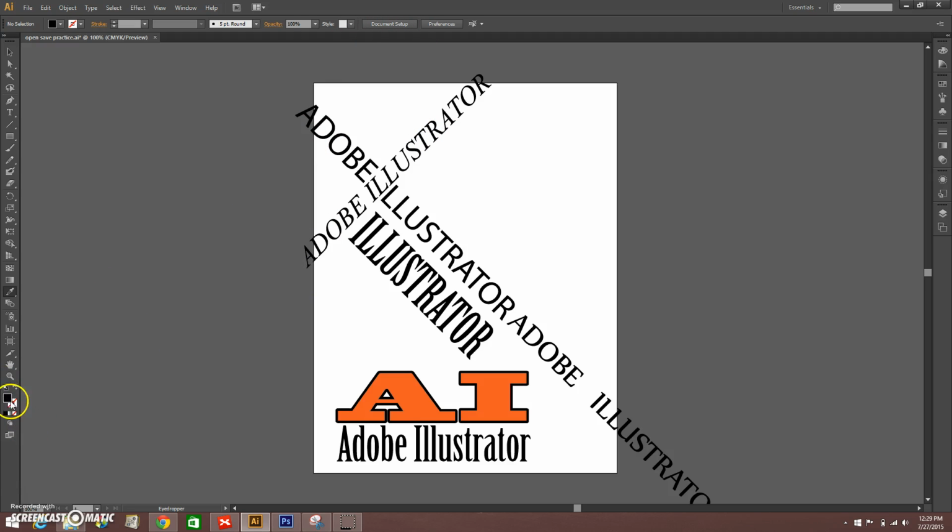You do have what looks to be, if you're familiar with Photoshop, a foreground and background color. Only in Illustrator it is now called the fill color and the stroke color. So stroke being your line weight color. If you look at my AI example here, my fill color is orange and my stroke on the outside is black. And so if I were to click one of these graphics by itself, you'll notice that it automatically shows me that the fill is orange and the outline is black. So that can be changed from here or up in my color palette over here, which I'll talk about in a second. So that's the toolbar.